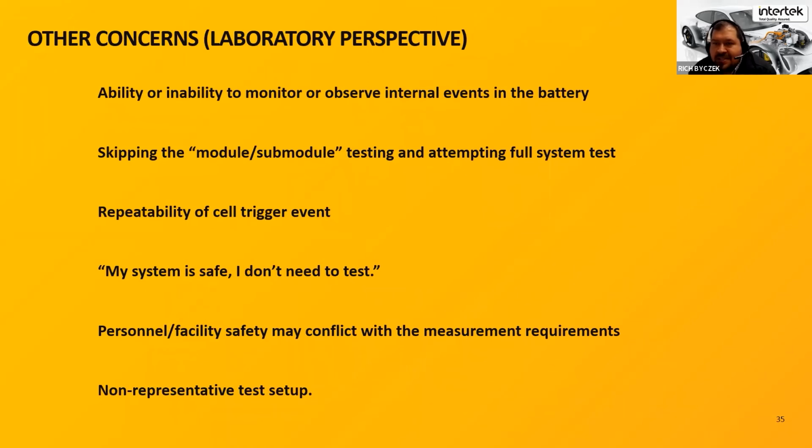So partial modules, cell strings, et cetera, adding those extra interim steps to essentially map the progress of a propagation event, and understanding how the single cell propagates to adjacent cells helps you to develop a better module and unit level test. And again, it gives you a better case when you're dealing with regulators to show them that I have developed the worst case. I understand my propagation path within my battery. I've designed the battery unit and system to mitigate that risk. So understanding those module, submodule level test results, I would say, is key to demonstrating you have a strong mitigation system in place.